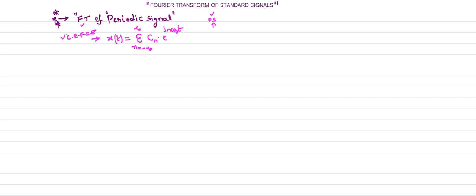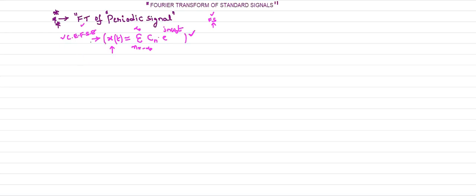So already we know this complex exponential Fourier series expansion, which is the second type of the Fourier series representation. The first is the trigonometric Fourier series and the second is the complex exponential Fourier series expansion. Now to find out the Fourier transform of a periodic signal, I just consider the complex exponential Fourier series expansion. Using that expansion, the periodic signal x of t is represented as sigma n equal to minus infinity to plus infinity Cn e power j n omega naught t. So this is your periodic signal.